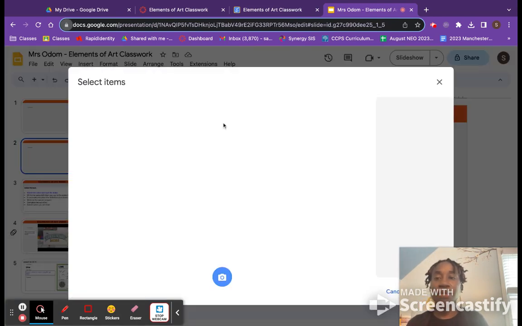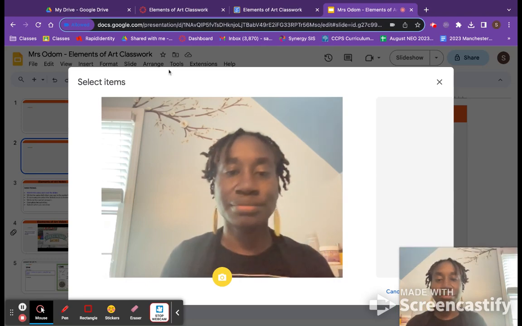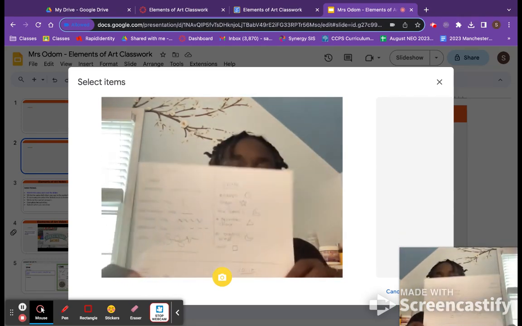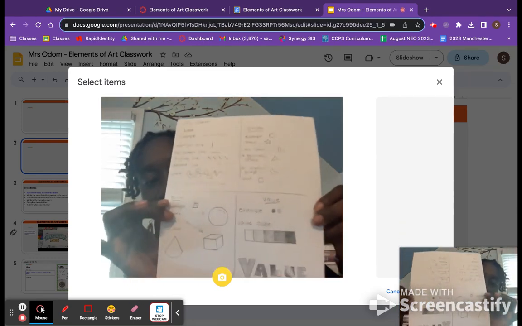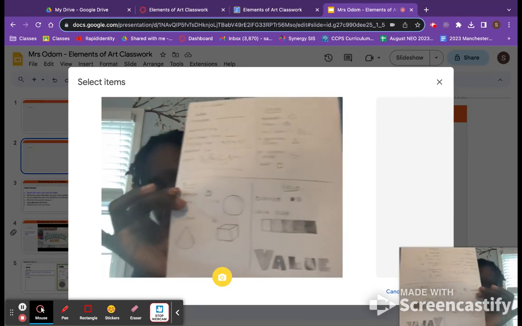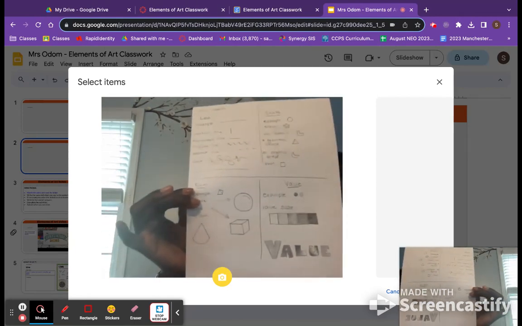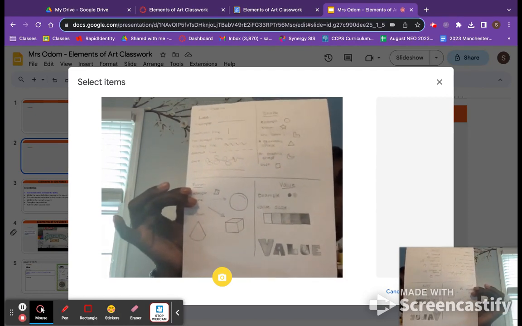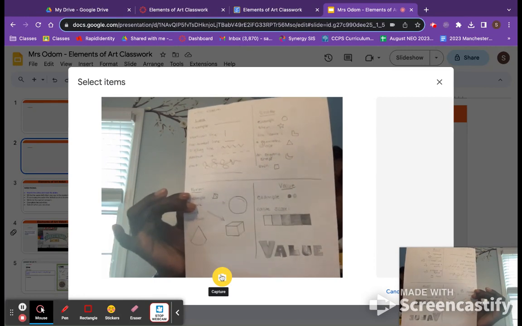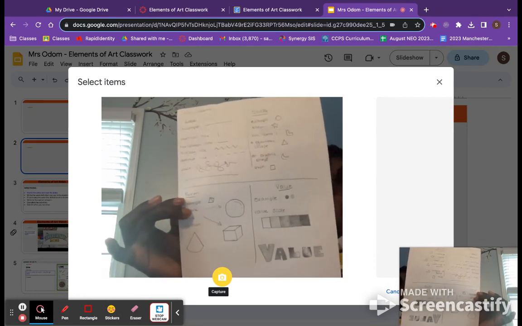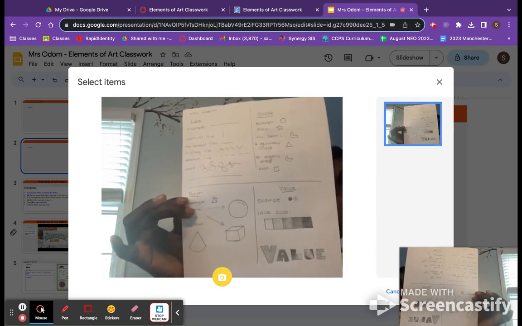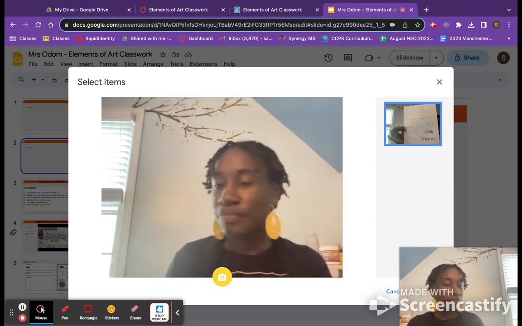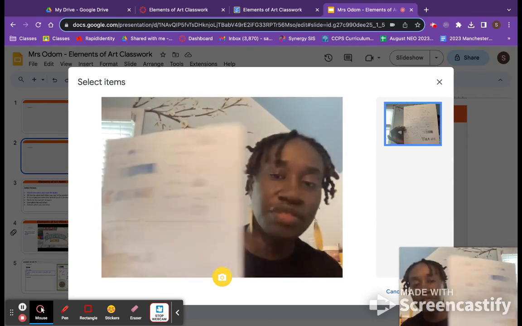Insert image camera. Always click allow. Make sure the entire page fits on the screen. And then I'm going to take the picture. I'm also going to take a picture of the back,